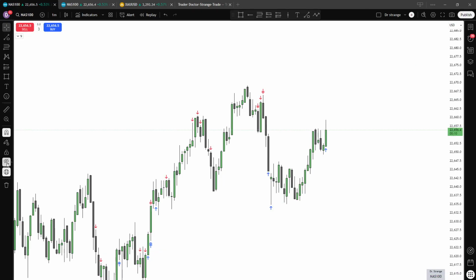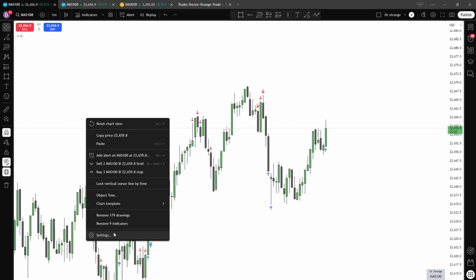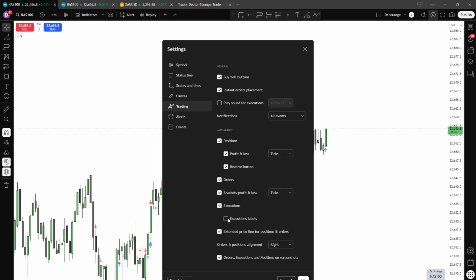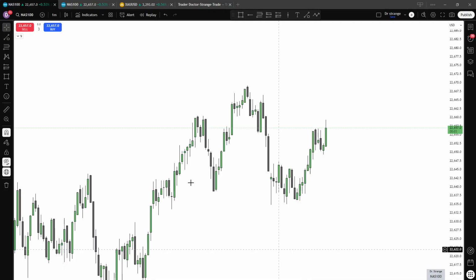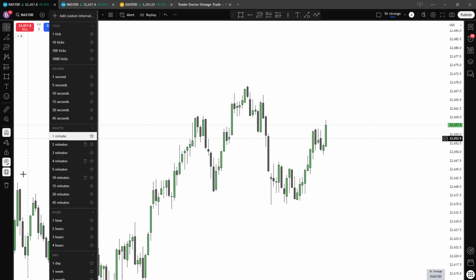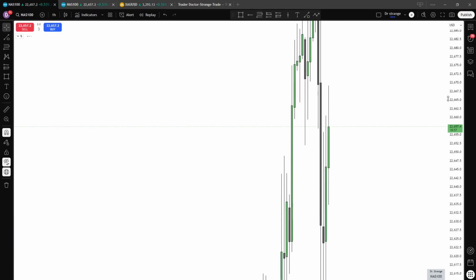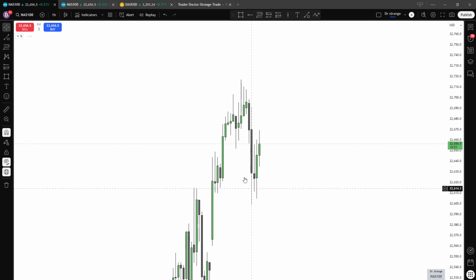I'm going to remove everything here and remove the executions. I'm going to show you the higher time frame. On the higher time frame, M15, okay, 1 hour, we see that we have this inversion here. If we are bearish, we broke through it. This inversion is supposed to hold price to go lower. We're not supposed to break above this inversion. If we close above this inversion, it will mean we are going for these highs. But if we stay below this inversion, then there's a higher chance we are going to cross up to this new day of enemy. So that is the logic behind it.